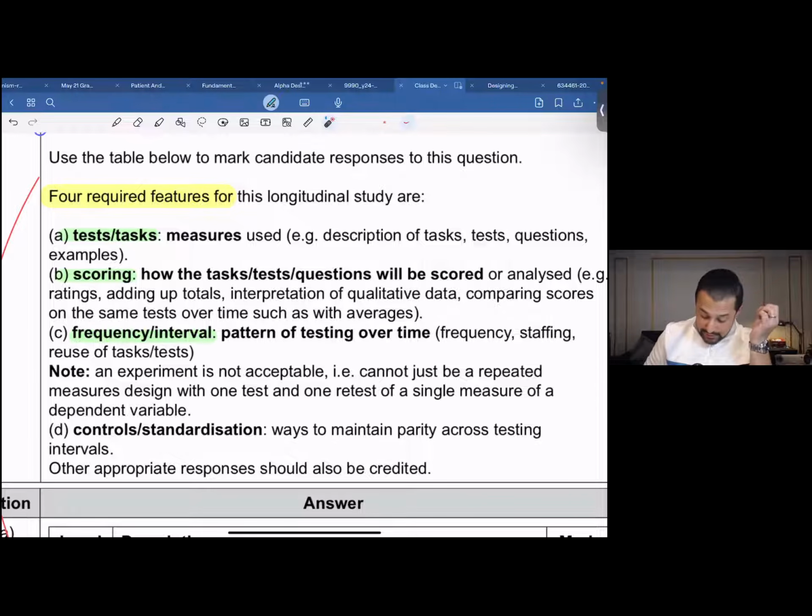So frequency or intervals, patterns of testing over time. What is the frequency with which you would be collecting data? Like I said, an example could be every 3 months, every 6 months, every year. Staffing: you're probably not alone. You require more people to collect data, right? And of course, while